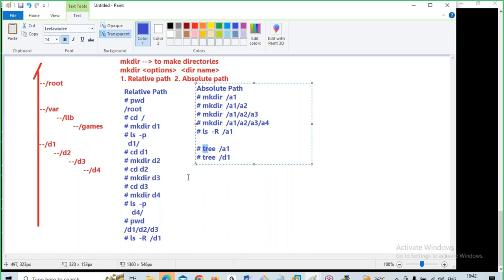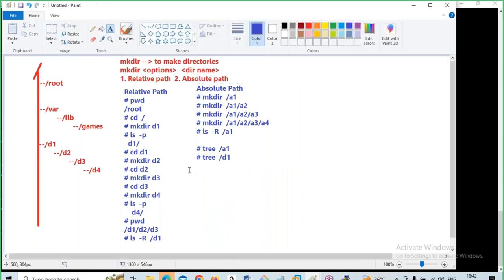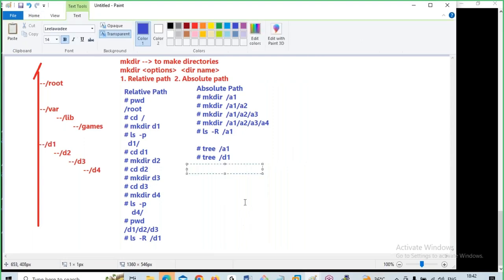Now we are done with how to create the directories, relative and absolute. Then how to remove the directory, rmdir here to remove the directory. While removing the directory with rmdir, it cannot remove the directory when the directory contains files and subdirectories. Meaning the directory should be empty. So in that case, I can't remove